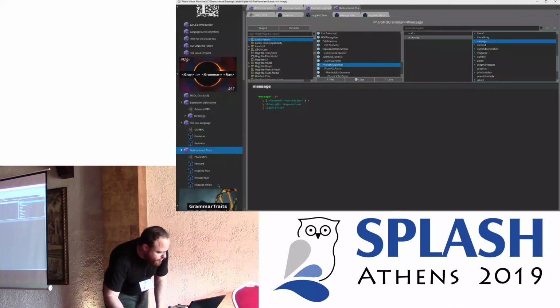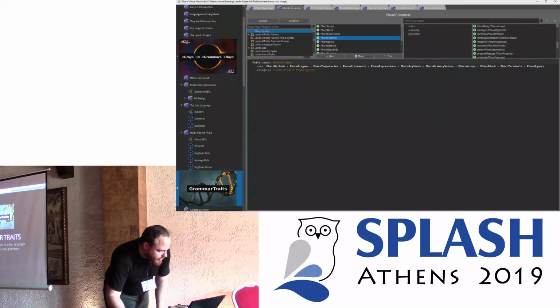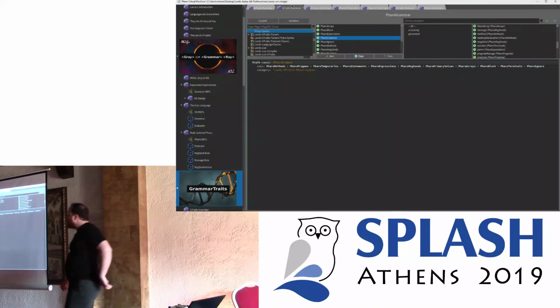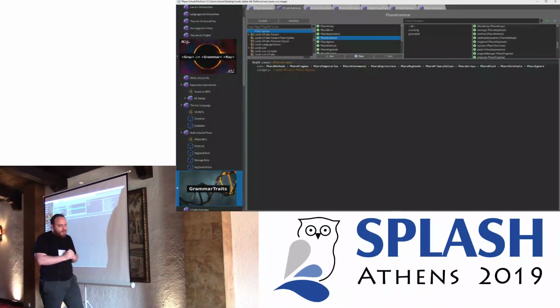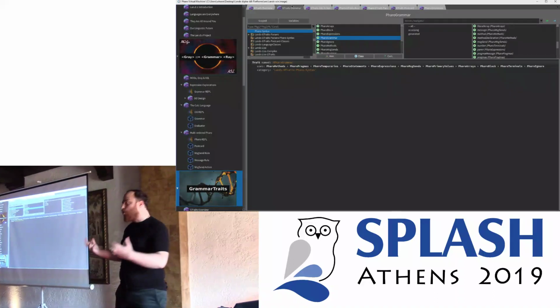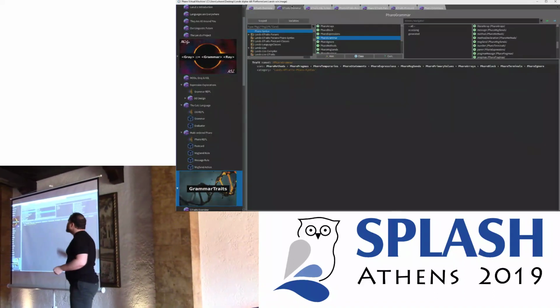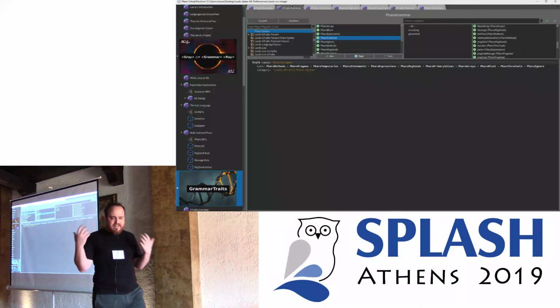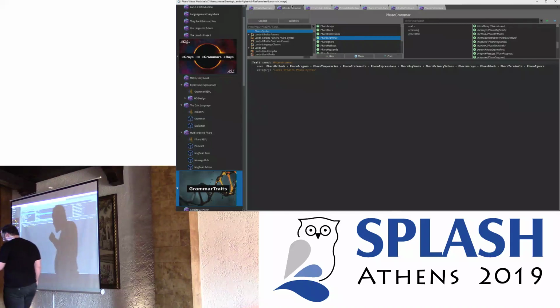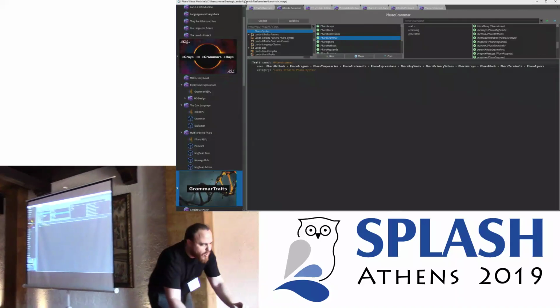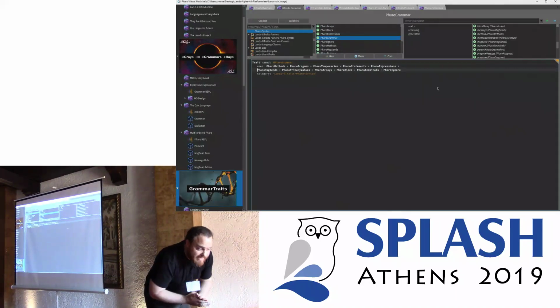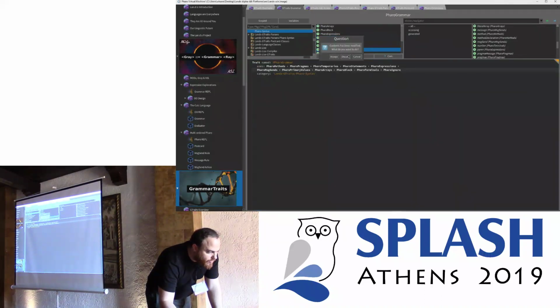Okay, so once you have your parser and you have AST, one thing that normally you want to do is to share solutions among your projects. And we do this with GrammarTraits. We have extended the notion of a trait in order to describe grammar rules and grammar actions. So here you see the whole parser for Pharo decomposed in 10 different grammar traits. And the things that you can do with GrammarTraits, we can see it here.